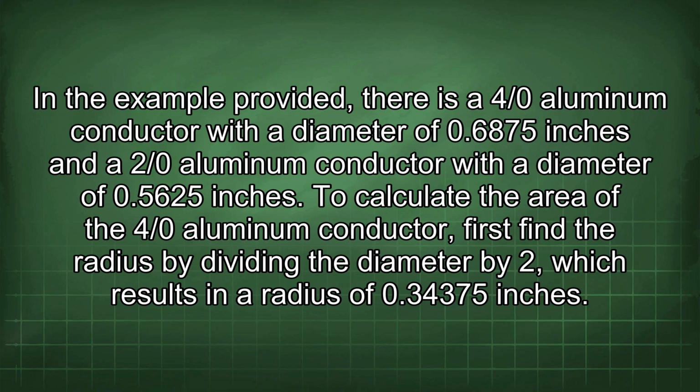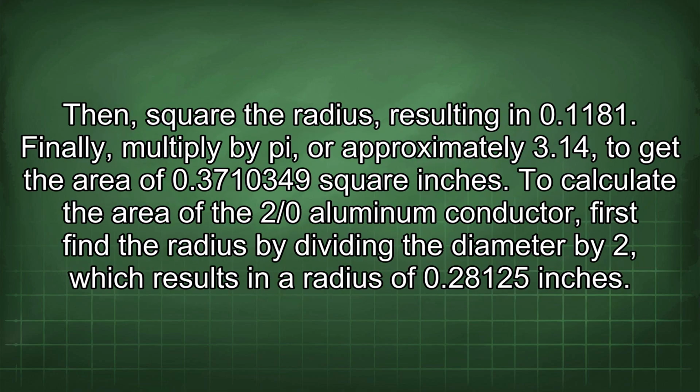In the example provided, there is a 4/0 aluminum conductor with a diameter of 0.6875 inches and a 2/0 aluminum conductor with a diameter of 0.5625 inches. To calculate the area of the 4/0 aluminum conductor, first find the radius by dividing the diameter by 2, which results in a radius of 0.34375 inches. Then square the radius, resulting in 0.1181. Finally, multiply by pi, or approximately 3.14, to get the area of